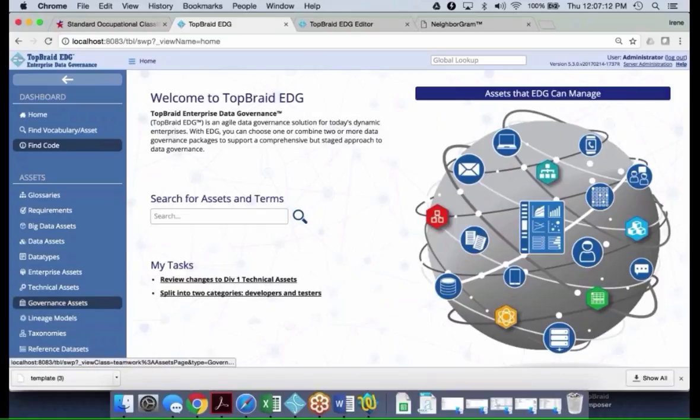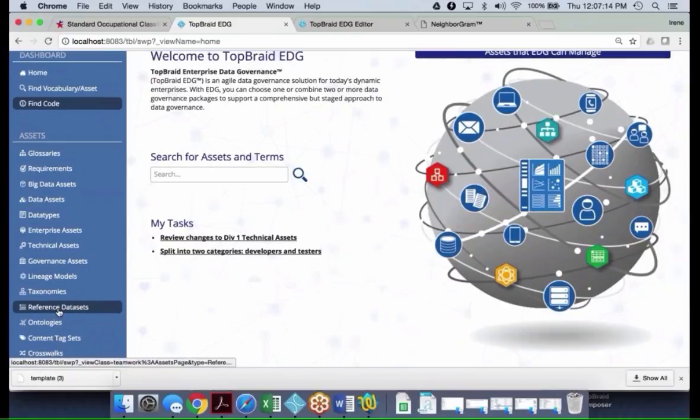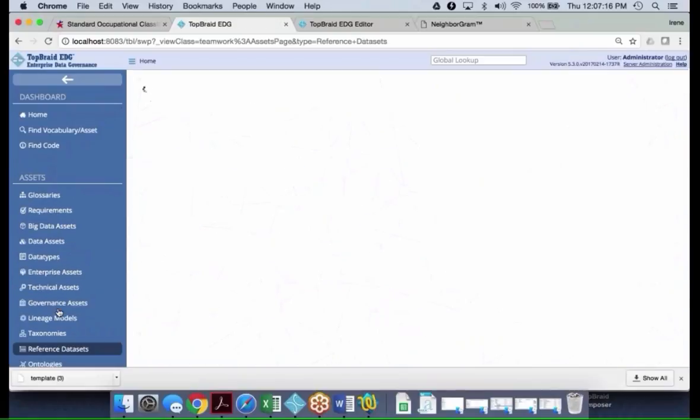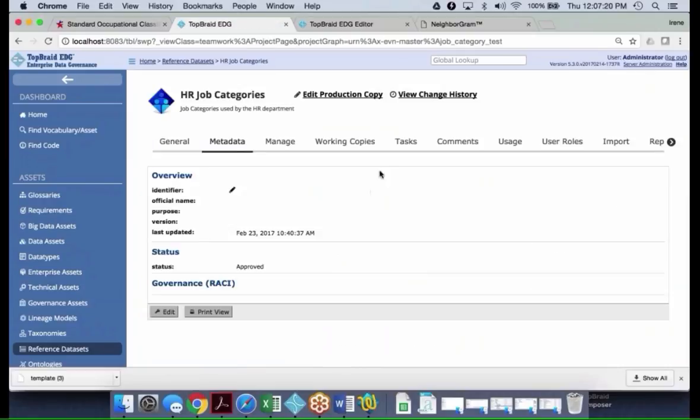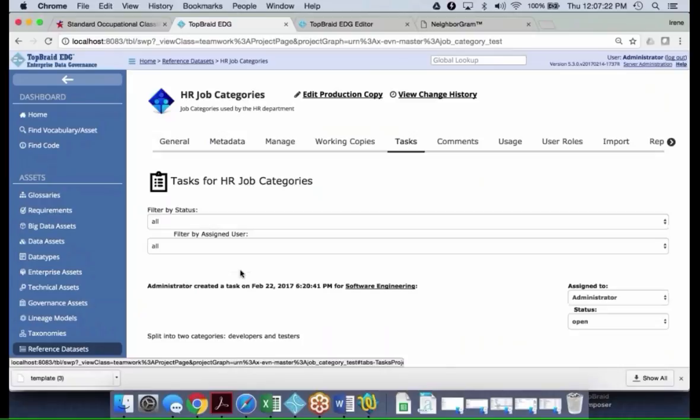So I could go to my reference data sets, for example, the job categories, and I could see tasks that are associated with it. Tasks can be for a specific code, such as software engineering. They could be for a data set as a whole. They could be assigned to various people. They could have statuses. There is integration with Jira for those who are interested in more